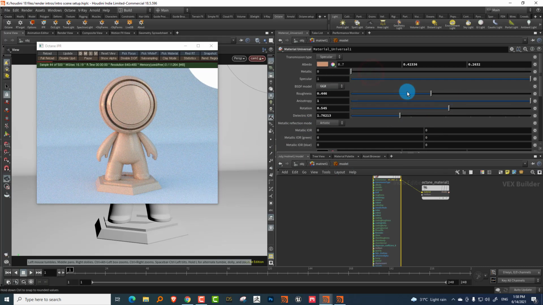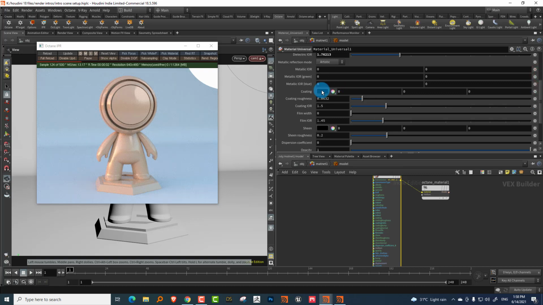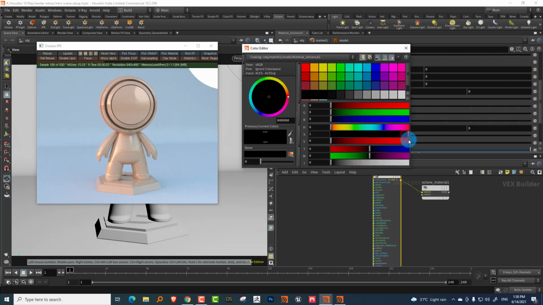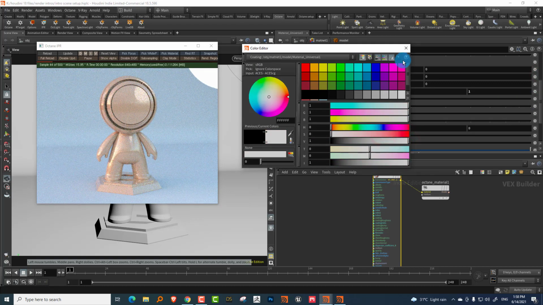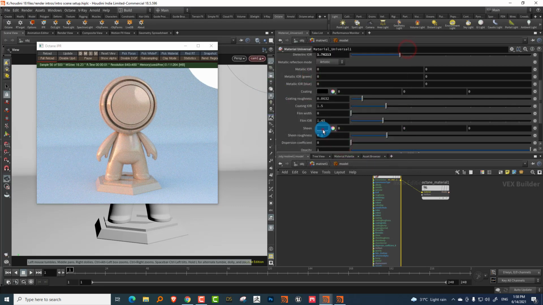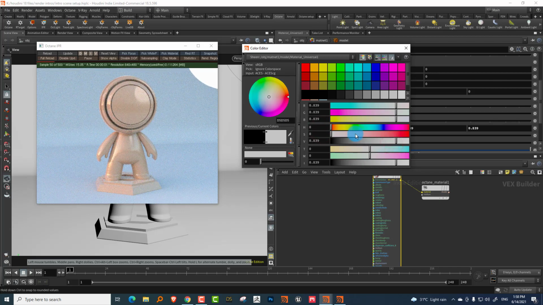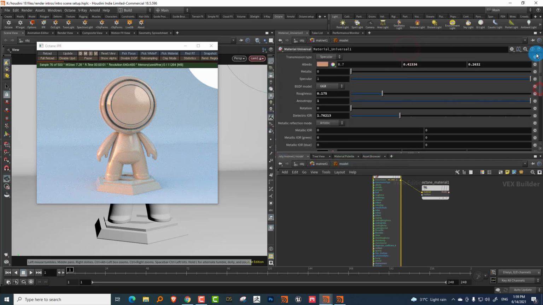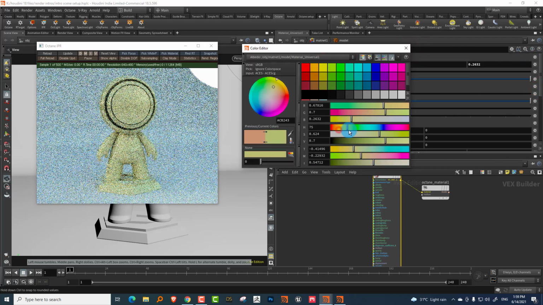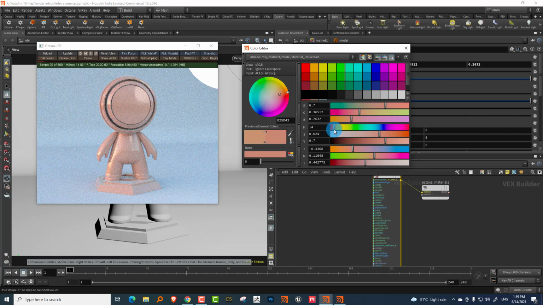And coming down, you have the option for coating. So you can add a secondary layer of reflection on top of this. You have options for sheen, which, if you're from Arnold or anything else, is a pretty common option nowadays. Sheen just adds a secondary layer around the edges. Okay, let me just change this color to something better.